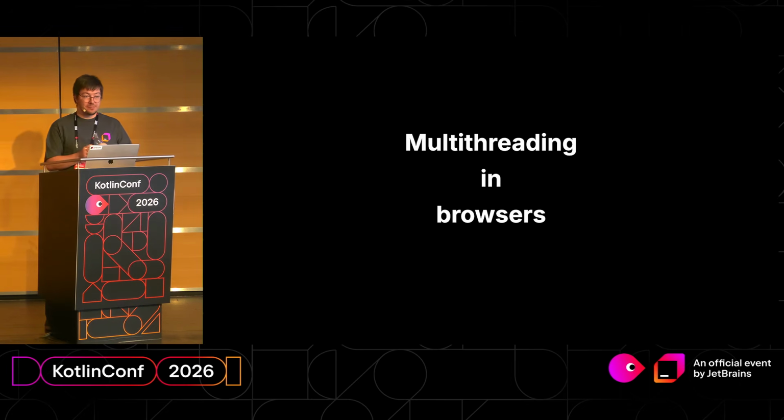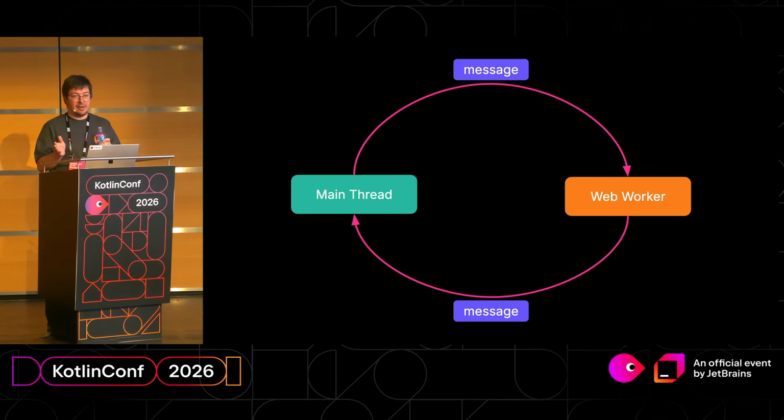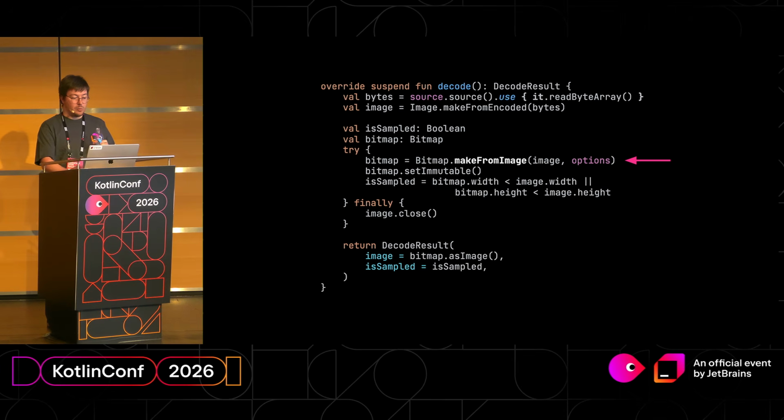I guess everyone has heard about web workers, some kind of multi-threading in browsers, right? Web workers are just a simple means for web content to run scripts in background threads. And it works somewhat like the actor model, right? We have a main thread, we have a web worker, and they pass messages between each other. So what we need to do is just make this heavy method asynchronous, like decode image, decode bitmap, and put all the logic